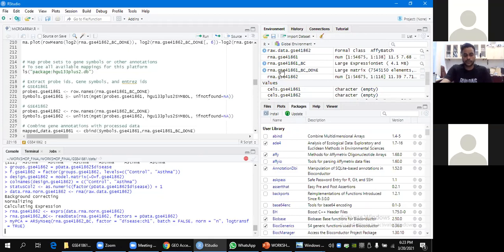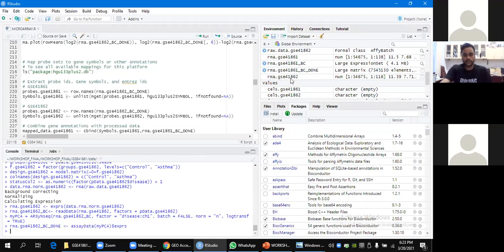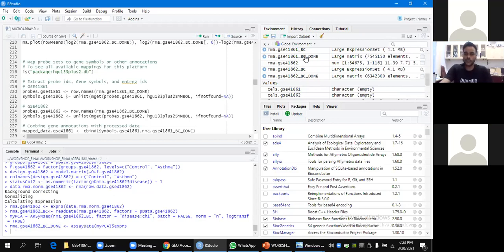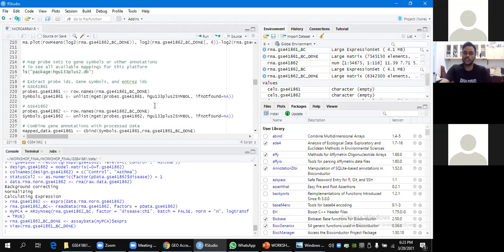I will show you the first data set, rma.gse44861bc, where batch correction is done. How it looks like.